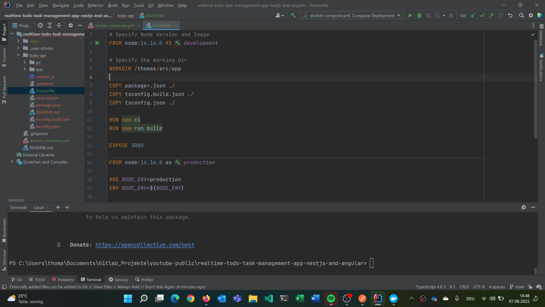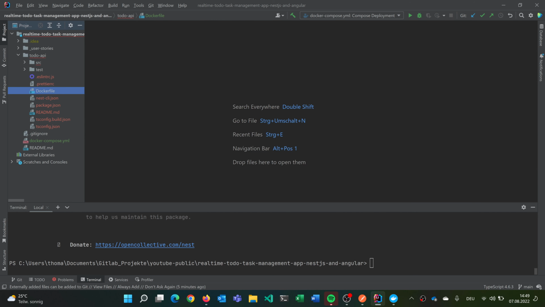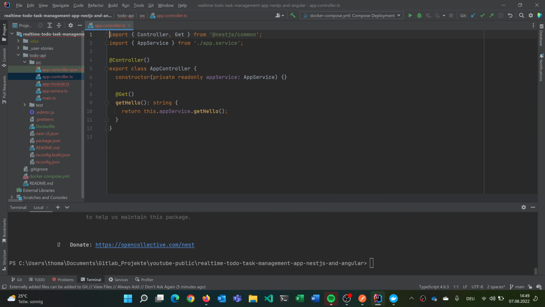Later, in another story, we can make it better looking or faster. We can, for example, use the Alpine image from Node, so that we don't have stuff in it that we don't need. We can make a different build stage and so on. There are a lot of enhancements that we can do, but at the moment this will do the job. And before we start with Docker Compose, we can now just look that everything here works correctly,